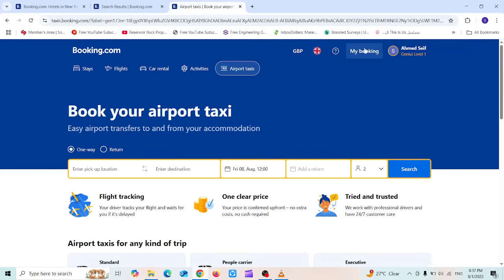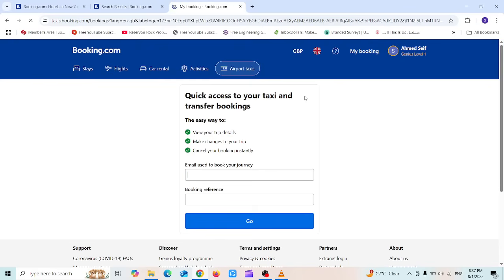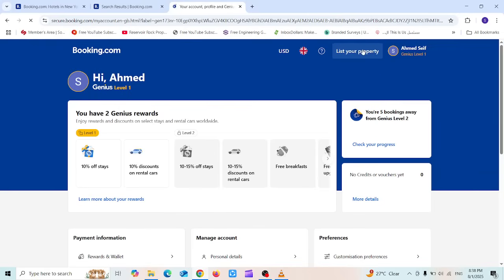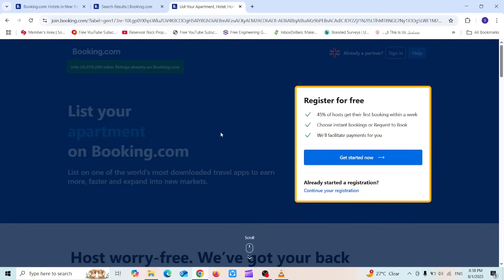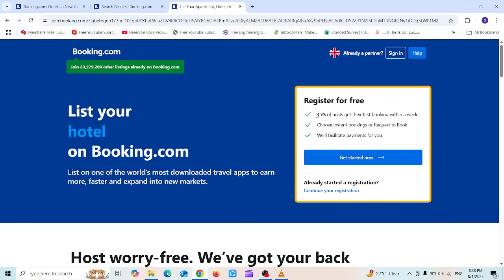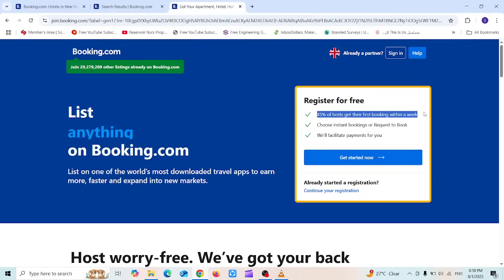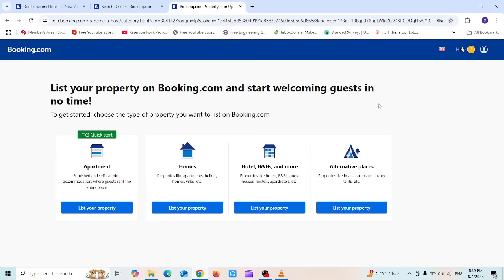You can just go to My Booking there, make sure that you have an account, then go to your account, choose My Account, then List Your Property. And now you will have to register. You can register for free. 45% of hosts get their first booking within a week, which is attractive to apply for Booking. So if we click on Get Started now, and after signing in completely normally, you will find this page